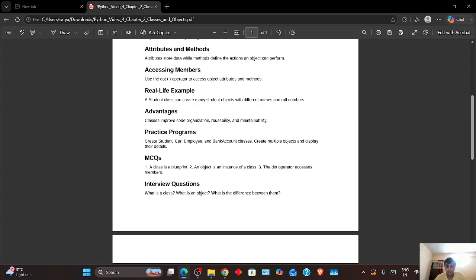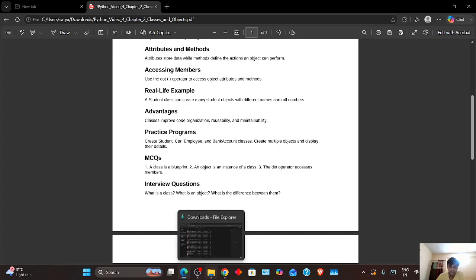Next one is method. Methods are functions inside a class. They define the behavior of an object. Example, a car can start, stop, accelerate. These actions are methods. So how do we create a method? If you want to create a method,